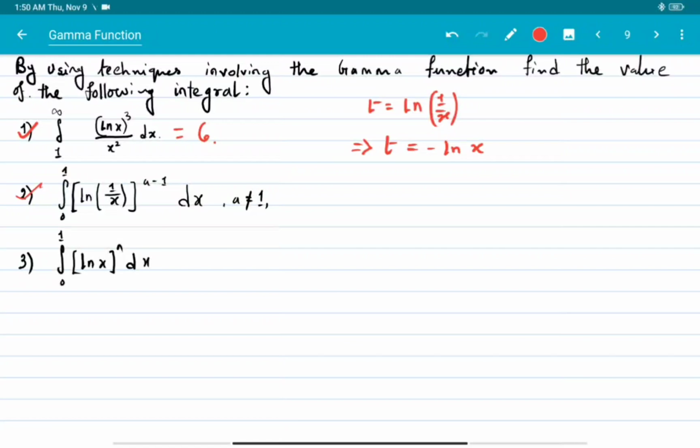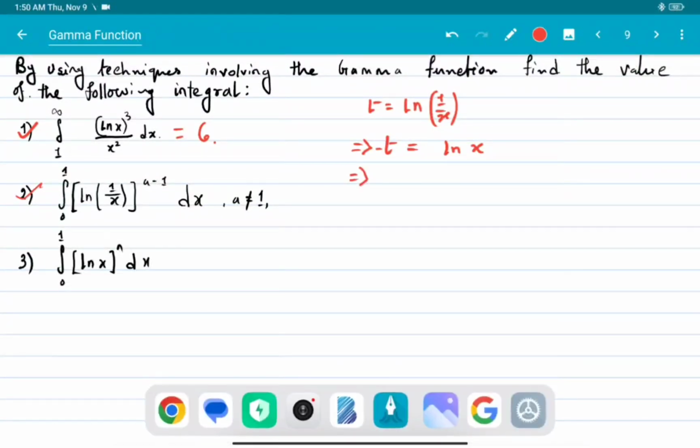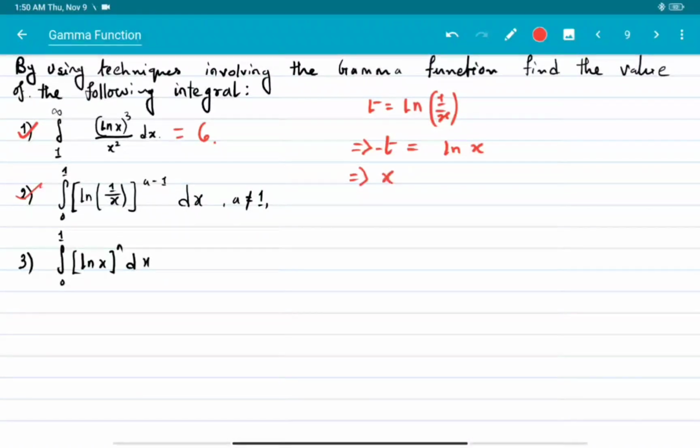You can use the formula. If I just cancel out this minus, this will be minus t equals natural log of x. So we need the value in terms of x. So x equals e to the power minus t, okay, and dx will be minus e to the power minus t dt,